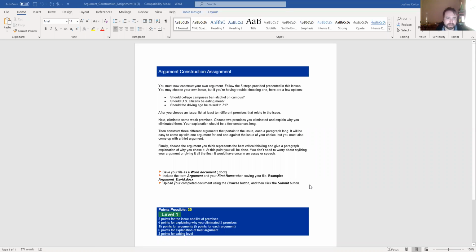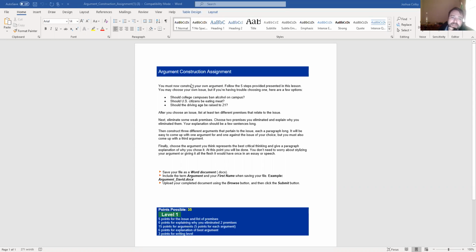Let me take a look at the actual assignment prompt document, and we'll go over that together, and then we'll look at the sample. Okay, so here is the assignment prompt. The hardest thing about this assignment, in my opinion, is that there's a lot of steps, and students often lose points on this assignment by not completing all the steps, not necessarily by doing things wrong, just by forgetting something. So let's break it down. Let's make sure we have a good understanding of what all the steps are.